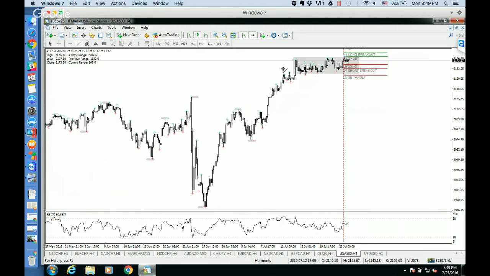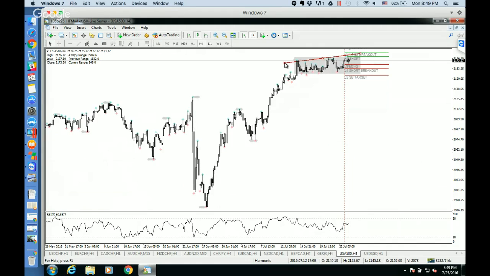Okay, technical wise, we do have a divergence forming. Over here you can see it's forming new highs, but your RSI is forming new lows. Okay, for those who are interested in trading S&P,